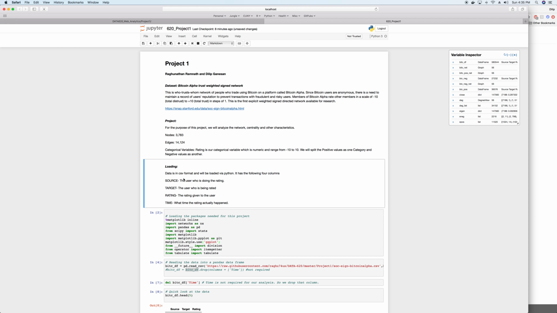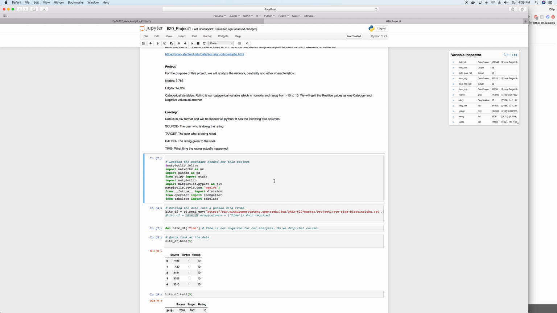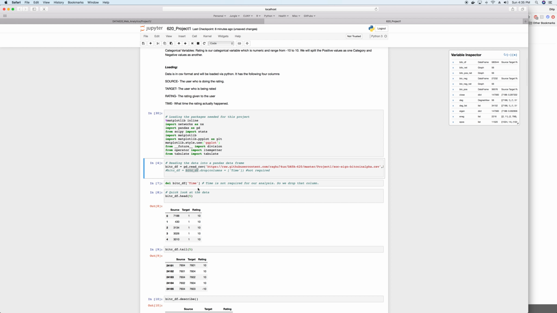The next step is loading the data set. So moving to the program, loading the package. We had the set of packages that were necessary for us. Then we went about reading it. We had the file stored in the GitHub repository, and from there we read the file. Once we read the file, the next thing that we did was removing the timestamp. There was a timestamp component to it, and we went about removing it because it was not needed for our